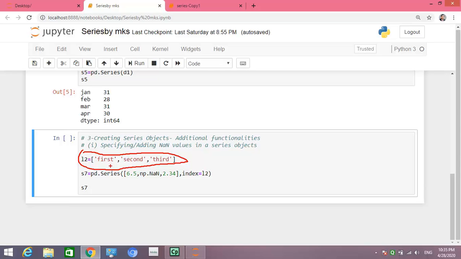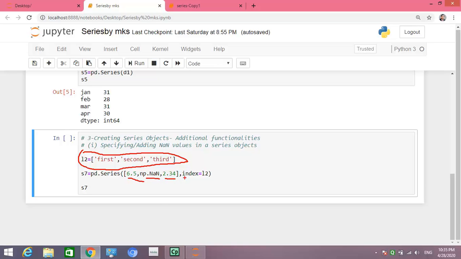The list has 3 strings: first, second, third. Next, we have taken a series of 3 values. First is 6.5, second is np.nan. Already I have discussed this nan, not a number. It means if a value is unknown, at that place we can write nan, not a number. And the third value is known, that is 2.34, so we have given it here.